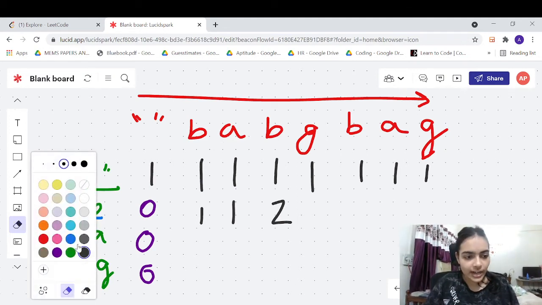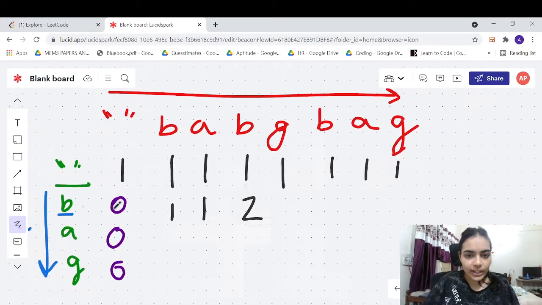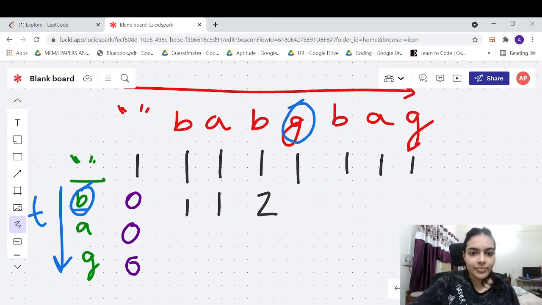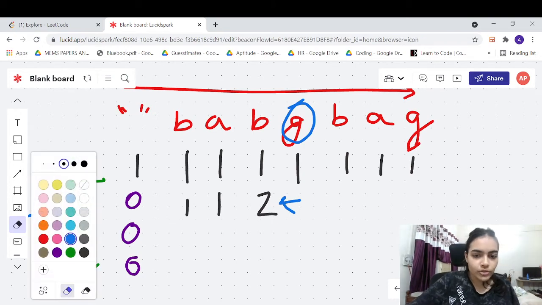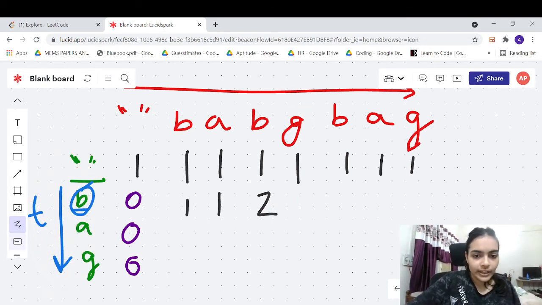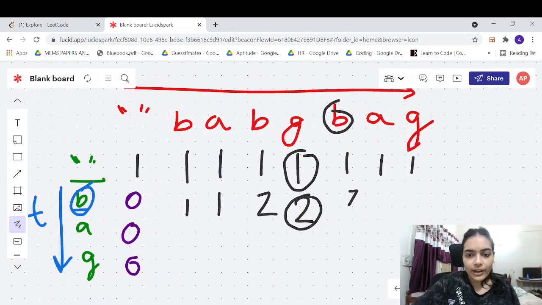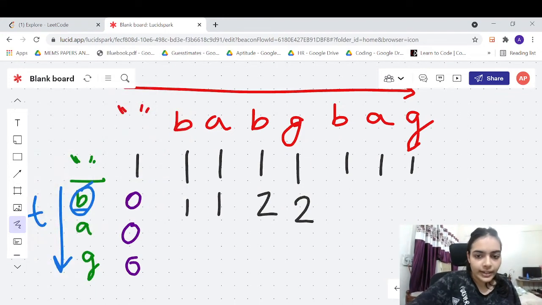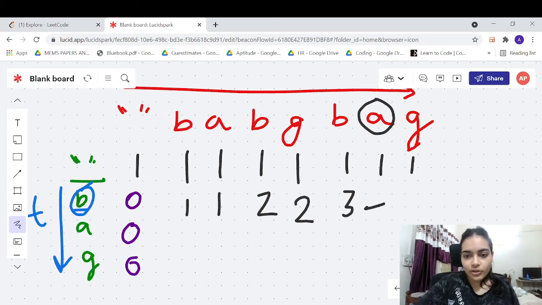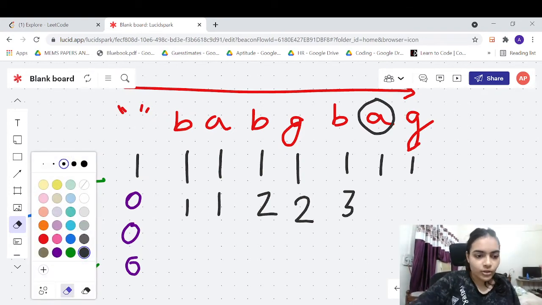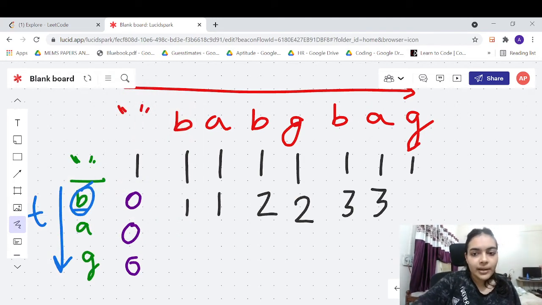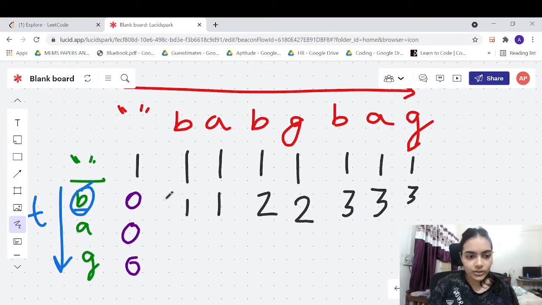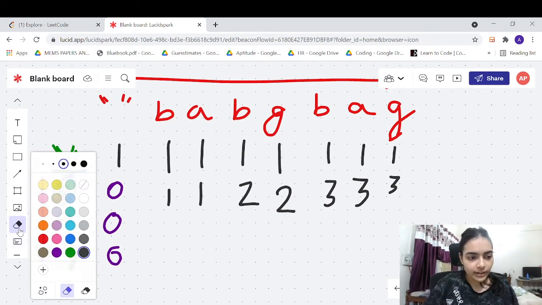Okay, so now let's try to fill the DP table quickly. In this particular case, the characters B and G are not same, so just look up the previous value in the DP table. It is 2, so I will just fill 2 here. Let's go to the next value. B and B, they are same, so I will add up these two values. 1 plus 2 is 3, so I will fill up 3 here. Let's go to the next value in the DP table. A and B are not same, so you'll just look up the previous value in the DP table. So it will be 3. In the next case, B and G are not same, so the previous value is 3, so we can just fill that. Now we can go forward to the next character.